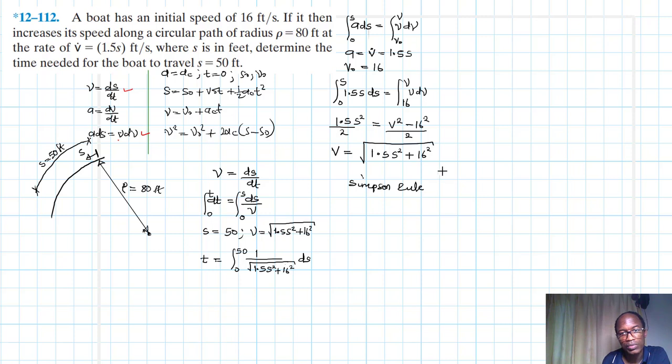This is a numerical technique that you can use to solve integrals, and let me just express it how it is. So given a function from a to b, of let's say f of s, like in our case our f of s is our v, ds. So this is approximately equal to